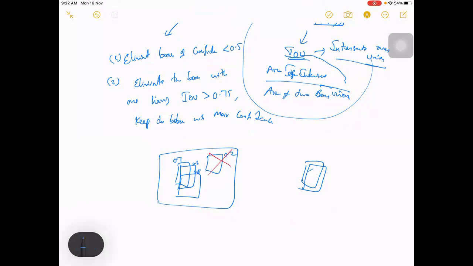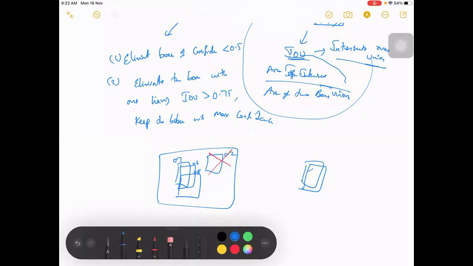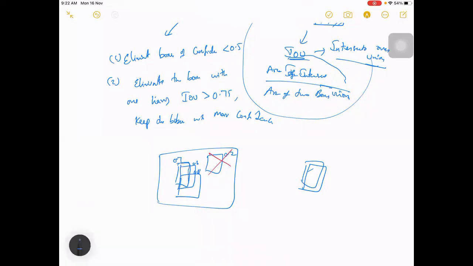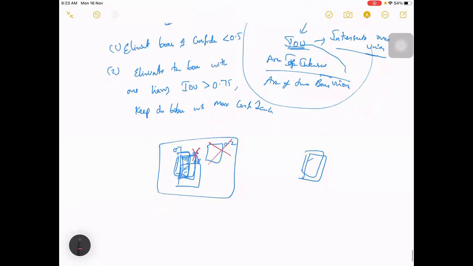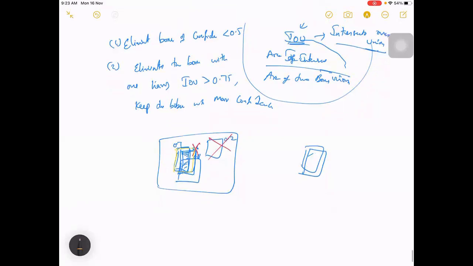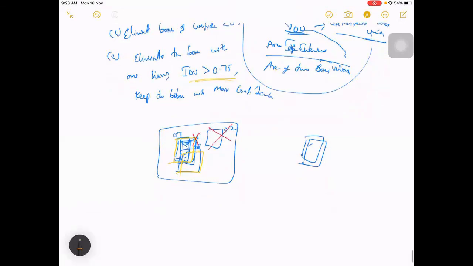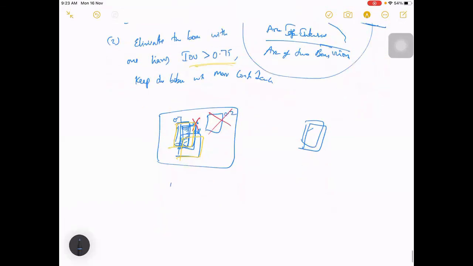This box gets eliminated because between this box and this box there is more IOU, almost towards 1. After this, it will calculate between the next remaining boxes, this and this. Here there is not much IOU, not crossing the threshold, so it will stay.